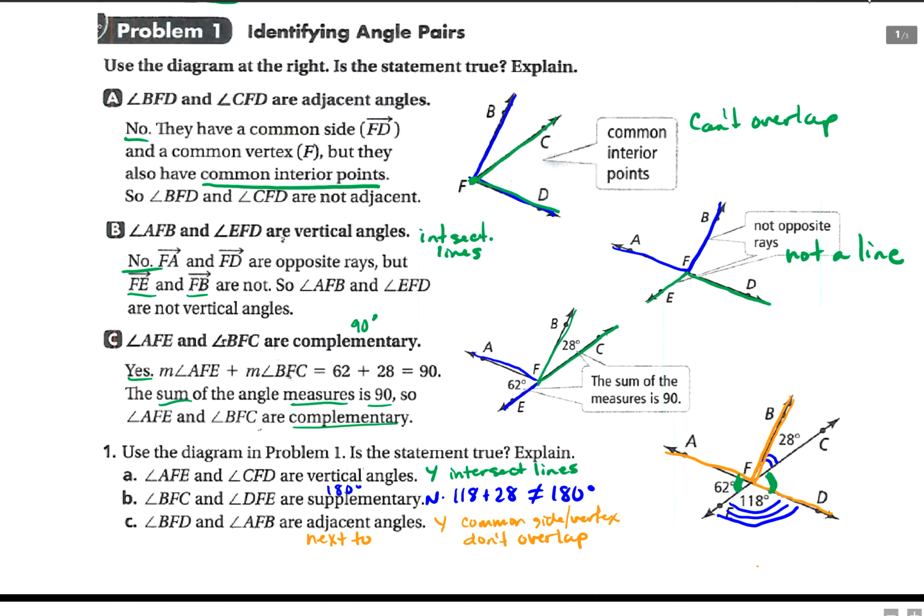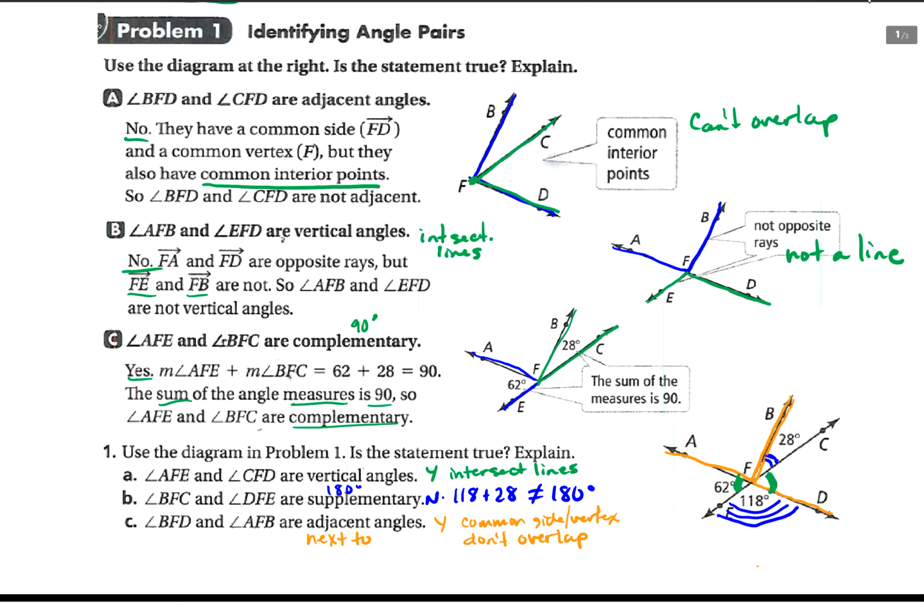Part B, angle BFC and angle DFE. So BFC is the blue one with 2 angle marks, and angle DFE is this big one down here. Are they supplementary? We know supplementary means 180 degrees, and 118 plus 28 does not equal 180 degrees, so they